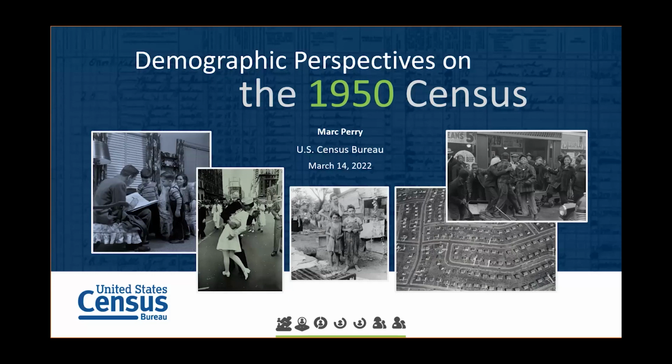So in short, the country had not yet been impacted by most of those major post-war demographic and economic trends that would greatly change the size, the shape, and the composition of the U.S. population. Back in 1950, things likely felt very different than in 1940, yet in hindsight, we can now see that on many demographic dimensions, the U.S. population in 1950 looked more like the country of 1940 than the rapidly growing, very youthful nation that was to come in 1960 or 1970. I'll just touch briefly on a few of these demographic dimensions in the next slides.